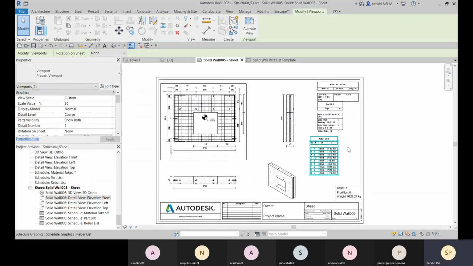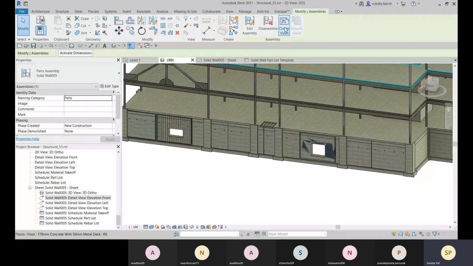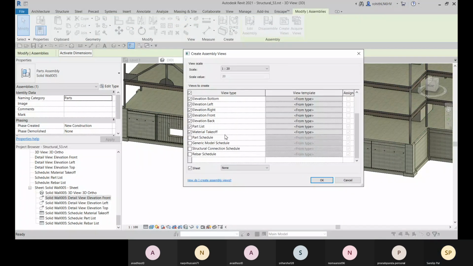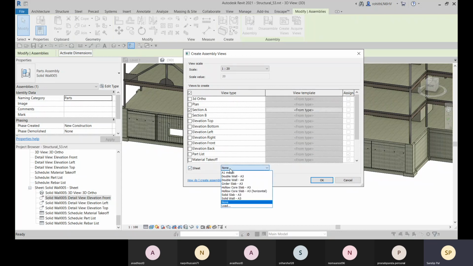If you need any other views, what you can do is go to 3D, select that, and then create a view. Create a particular view, like one that I don't have. I can choose that, like this section A. So I'll choose this section A, and the sheet is this solid wall A3 sheet.